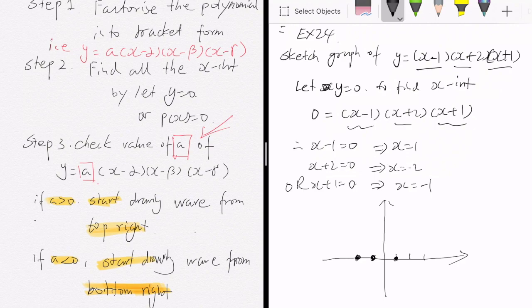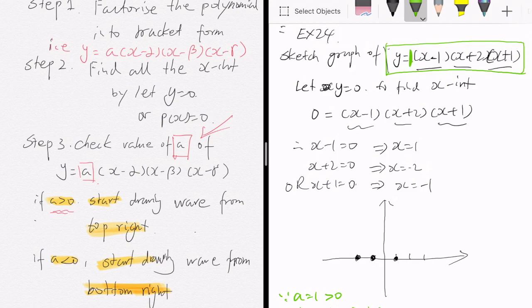If your a is larger than 0, you start drawing your wave from the top right. What does it mean? Over here you see here is my equation, the cubic function. Your a is over here, a is actually equal to 1. Because a equal to 1 is larger than 0, you need to draw the graph, or the wave,